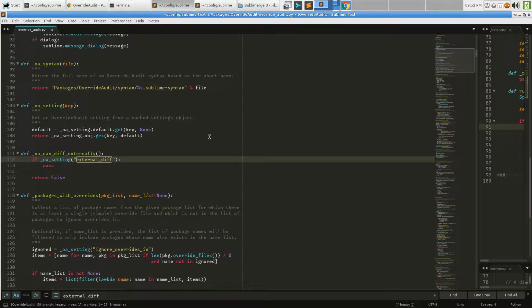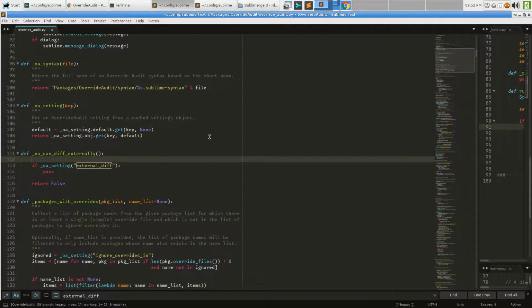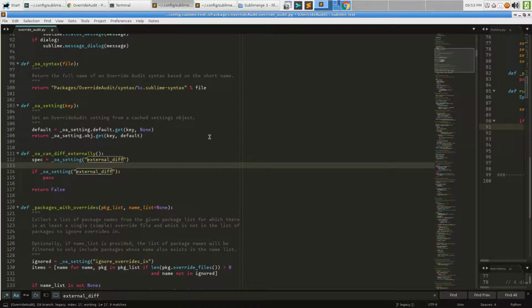So now, we actually want to grab that value, huh? Yeah. Spec equals OA setting external diff. Okay. Excuse me. So we do that. Let's try it this way. Now we might say if spec equals